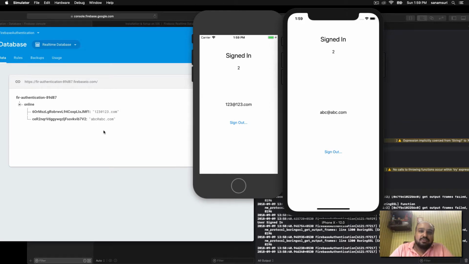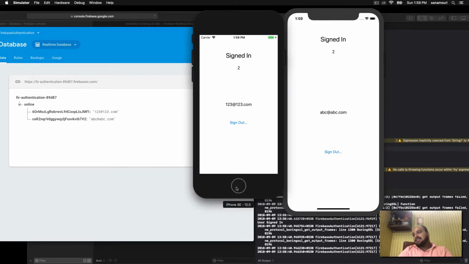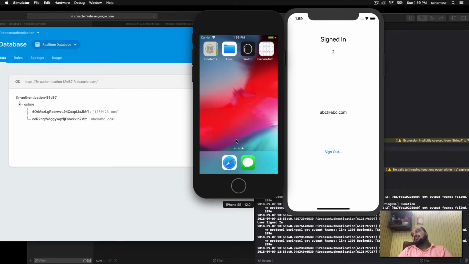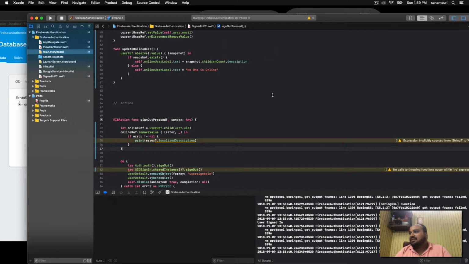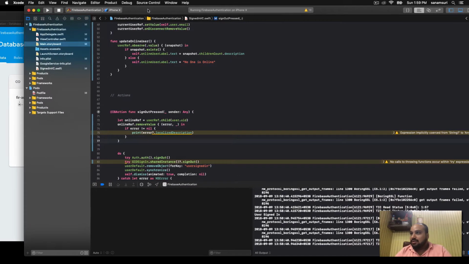But sometimes you also want to see if the user has minimized the app, or the app has gone into a background mode. So let's say if I just do like this, then probably I'm not online, right? Because I might be using some other app right now. There is a possibility that we want to track this state as well. So we can do this. It's a very easy process. So let's go back to our Xcode,